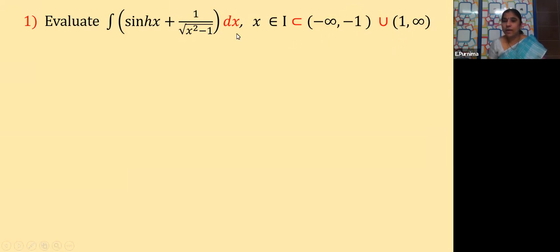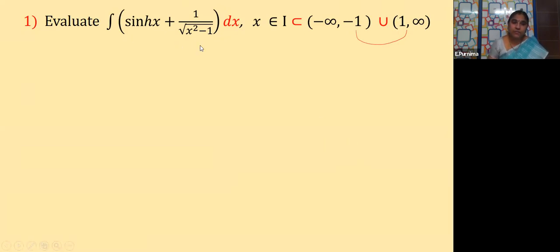Yes or not? See what I am showing here, children. These 2 values, minus 1 and 1. Here minus 1 is not included, and here 1 is not included, because an open interval is given here. So endpoints are not included. Before minus 1 and after 1, all values are there for x. So the values lying in between these 2, including these 2, are excluded. So let us see how it is solved, children.